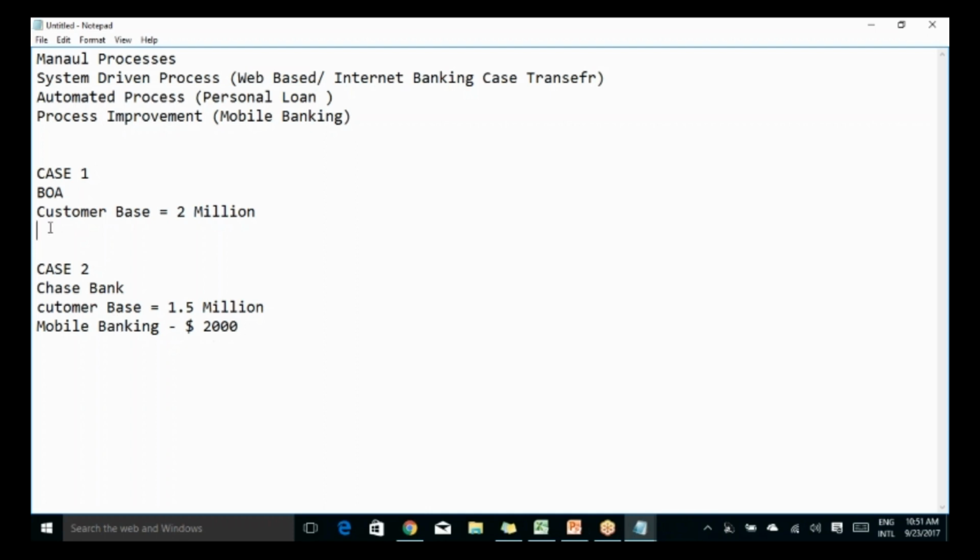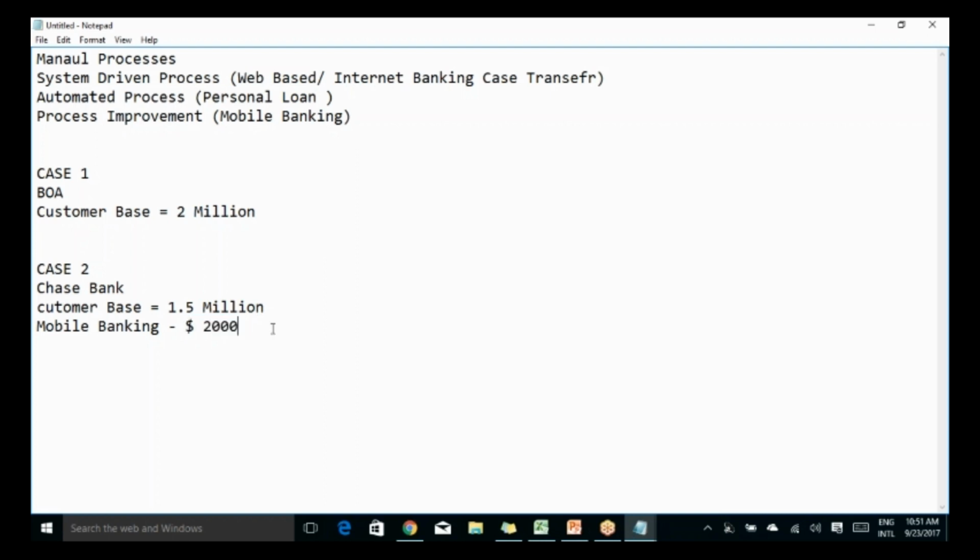Then there are certain new age customers who give priority to convenience. For them mobile banking is an ideal option, but at the same time they also have to see the chargeability factor. In that context, yes, there would be certain addition to Chase Bank, but they have certainly not encashed the entire opportunity that exists in the market. They still have some opportunity losing to Bank of America because they have a very high price.